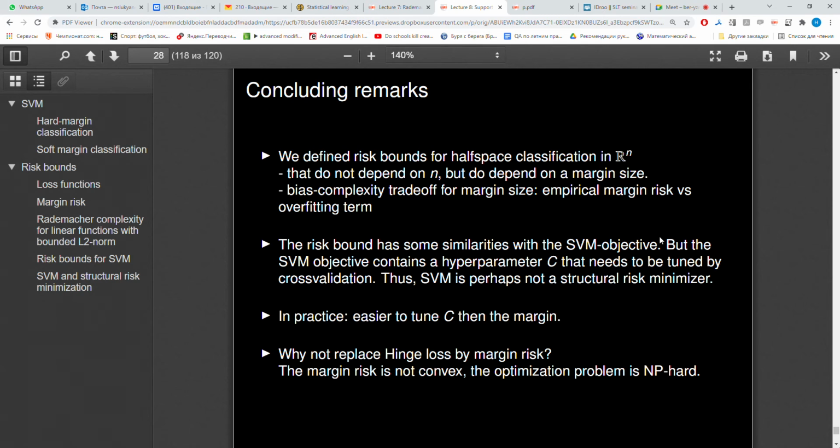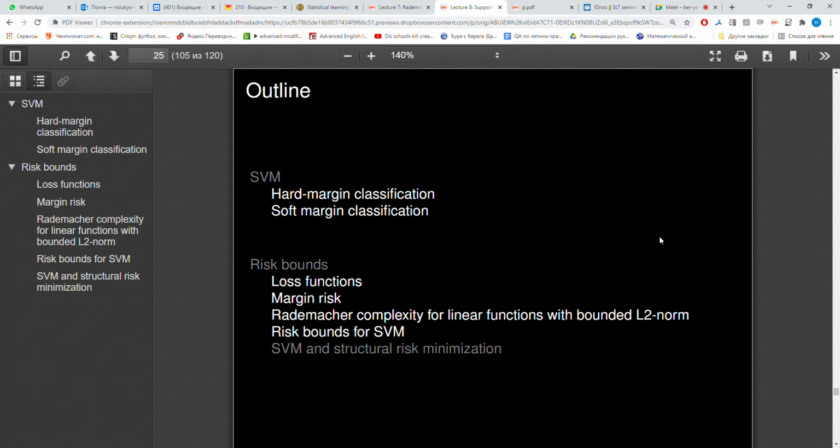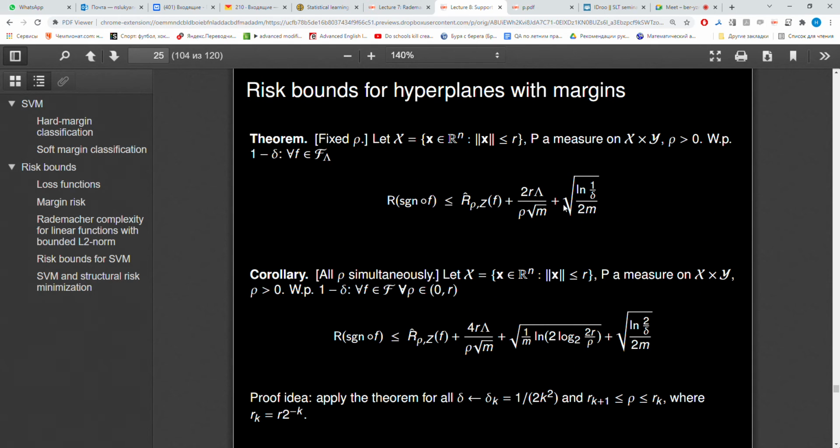Now in this formula we can see that the real risk can be bounded using the empirical risk and some term